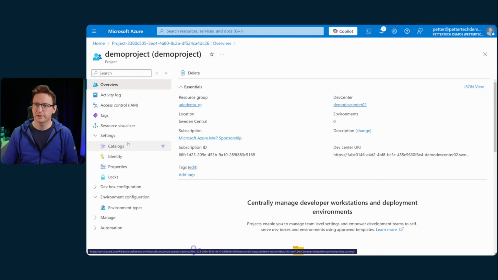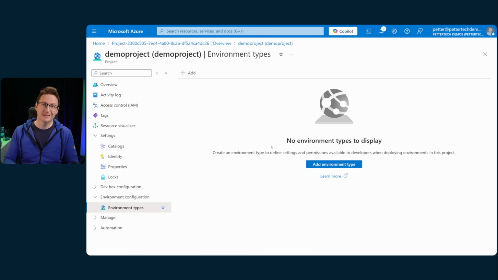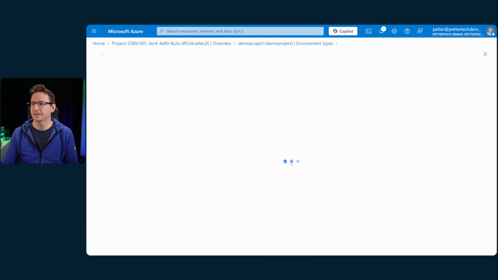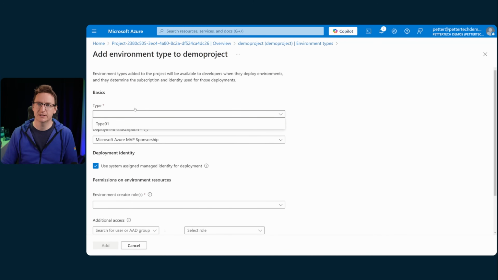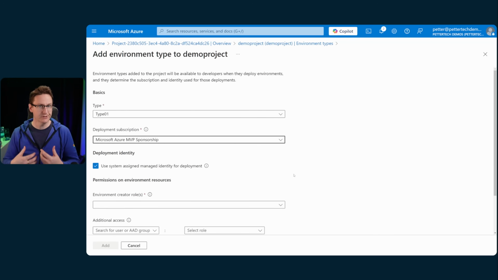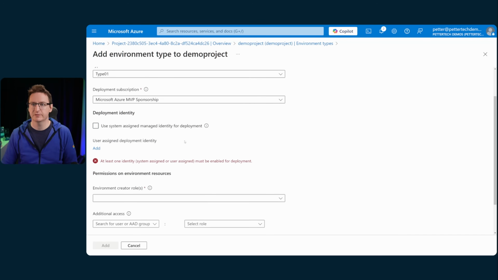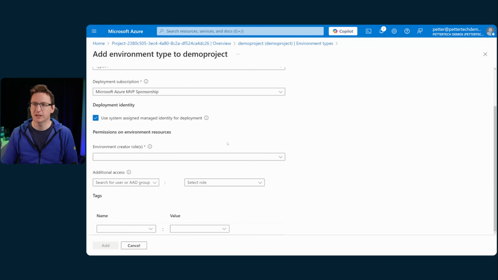Then under environment configuration, I have environment types. And now that we created one in the parent dev center, we can go ahead and add environment type. And under type here, we select our type 01. And then we can select the deployment subscription, which is basically where the resources will be deployed to. You also have the option of using a system assigned managed identity for the deployment, or if you remove this, you can add a user assigned managed identity as well if you prefer to do it that way. I'll use the system assigned at this point, and then you have the permissions that will be given on the